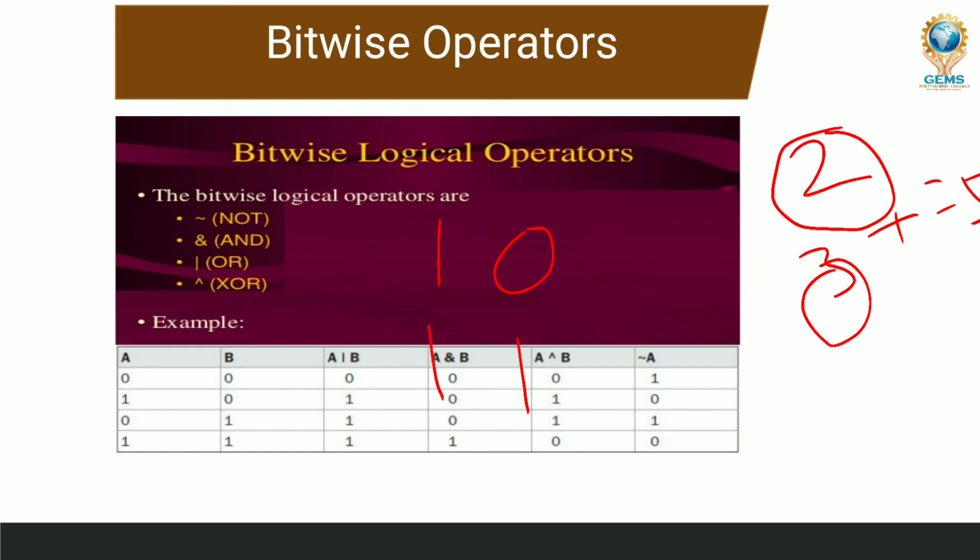So what is our intention here? To add 2 plus 3. What is the symbol for that? The plus symbol. If we follow the normal procedure, the answer is 5. But here 5 is not the answer. We will get another answer, and we will see how we get that different answer.